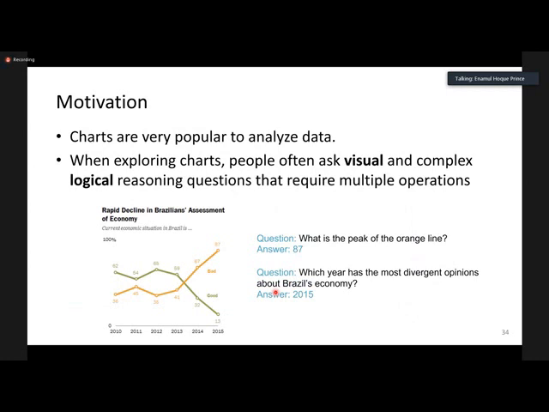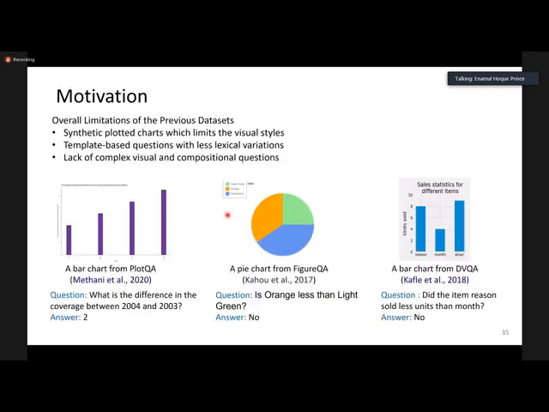If you notice, in the early datasets there were a bunch of different problems. One problem was that they were generating the charts synthetically using some programming tools, and they were just using random words. For example, the words in this bar chart are reason, month, and silver. Semantically speaking, there is no meaning at all. What's the similarity or relatedness between reason or month and silver? They were basically just using random words and creating bar charts automatically out of those random words.